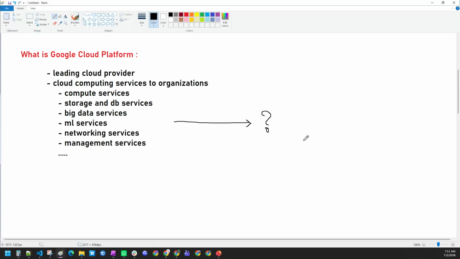If one wants to interact with these services, what are the different methods there? That is the main important topic today. So Google Cloud Platform is one of the leading cloud providers which provides you the cloud computing services such as compute, storage, big data, ML, networking to the organizations to fulfill their project requirements.